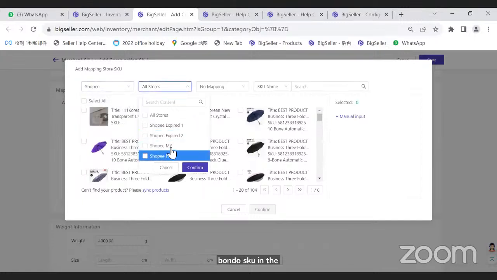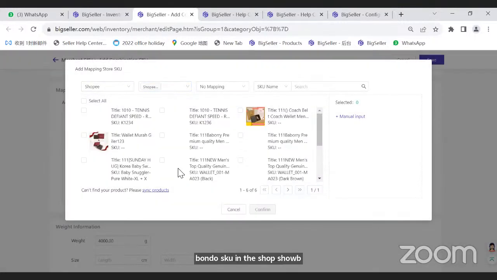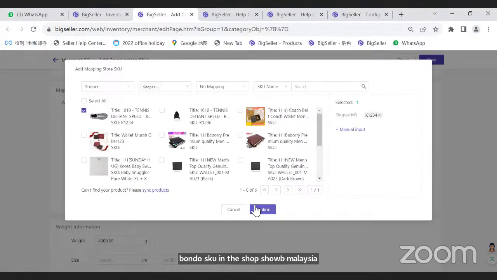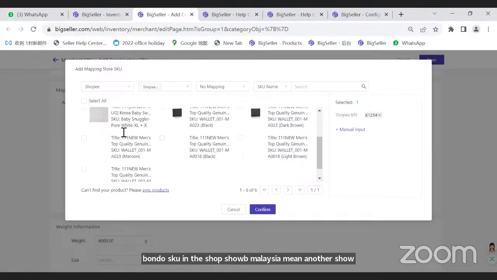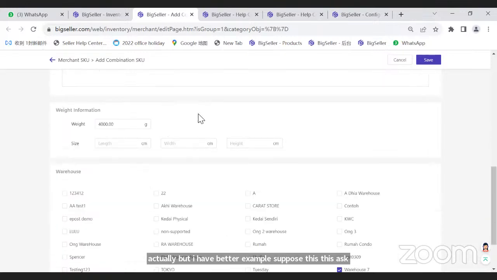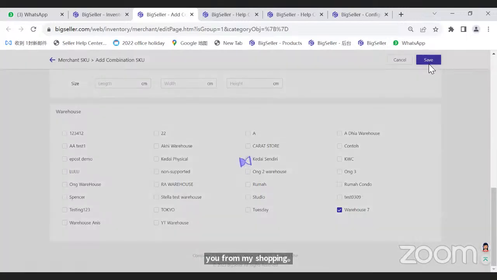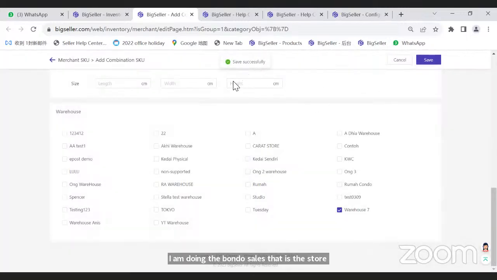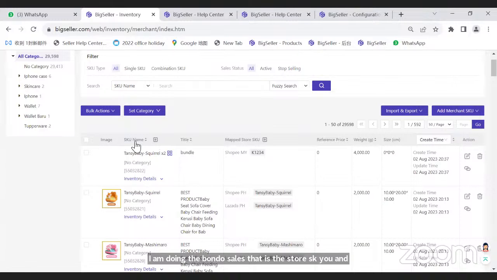Shopee Malaysia. Let me choose another shop. Okay, suppose this product is not a good example actually, but I don't have a better example. Suppose this is the SKU from my Shopee. I'm doing the bundle sales. This is the store SKU. And then I need to save it. Here, successful. So now I have created the bundle sales, the bundle